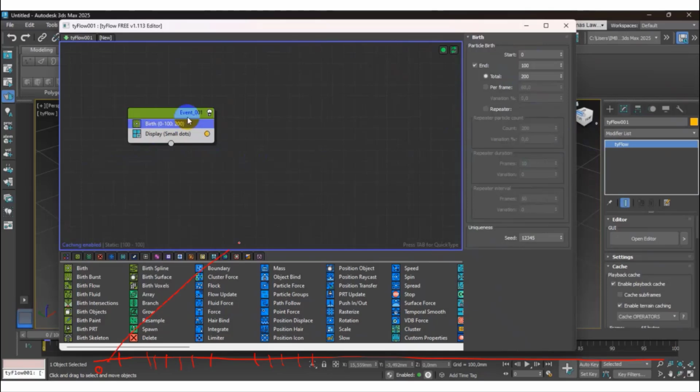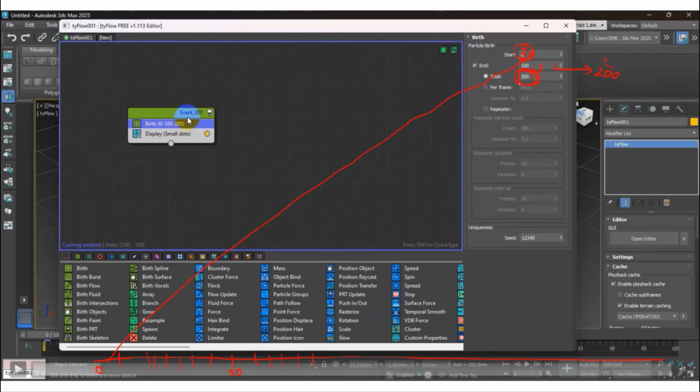This is related. Start at zero. Let's say I want to start at frame 30, so you must put 30 here. And then you can decide the end. The end is 100. Let's say I want to extend to 200. That's why you need to change the total.